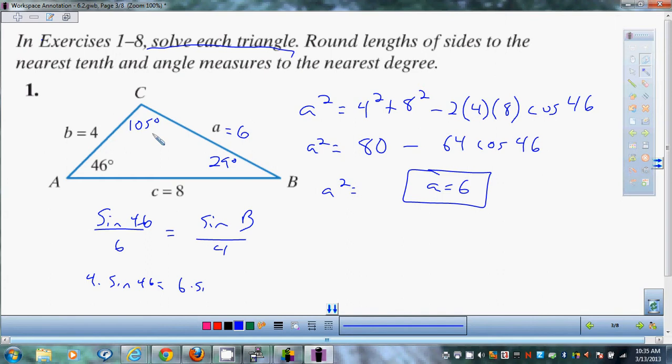No. If you had, we'll do it in a second to show you. If someone gets this right, I'll take away any problems from your homework. No, don't plug it in your calculator. I want this to be a logic thing. If you had done the law of sines to find angle C, what would it have told you it was